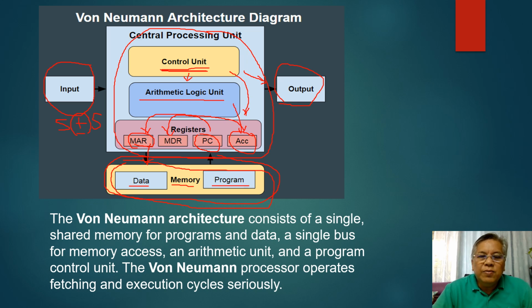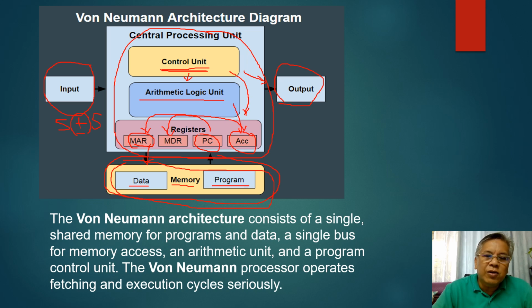Okay? Now, since the address provided by your program counter into your memory address register, the memory address register will now open up register R sub 0, which is being addressed by 0000. When you say 0000, the decimal equivalent of which is 0, and therefore it is calling up or opening up register R sub 0. Right? So, open na ang register R sub 0.